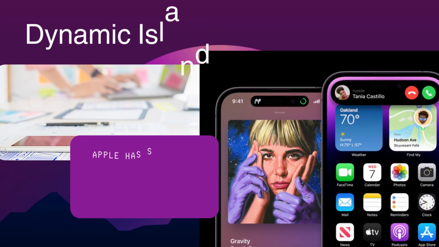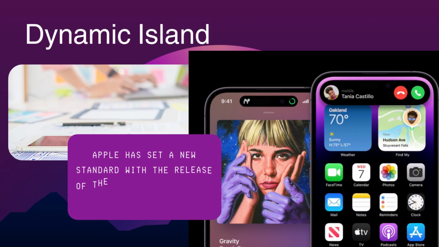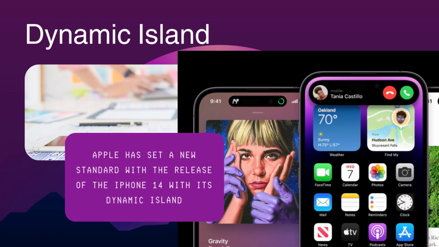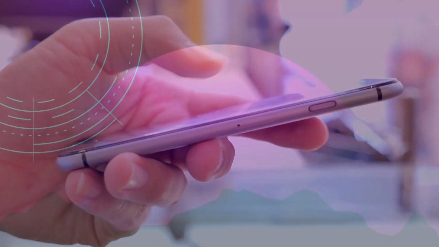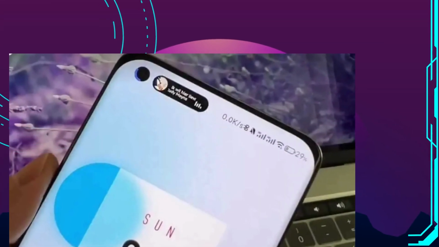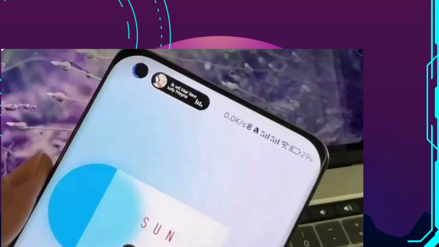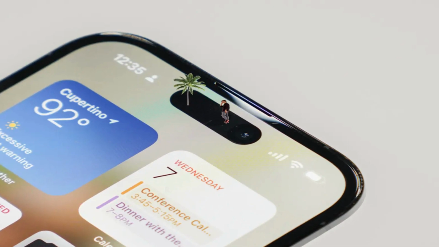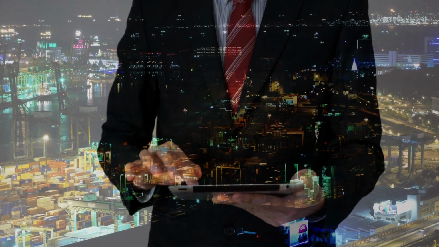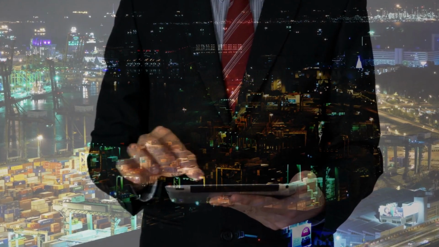2. Dynamic Island. Apple has set a new standard with the release of the iPhone 14 with its Dynamic Island. This interactive feature serves numerous purposes and is more than just a design enhancement. This feature is a nice, pill-shaped widget that appears at the top of the screen and changes shape depending on the user's demands. Users may simply check notifications and current tasks using Dynamic Island, whether it's a voice memo or